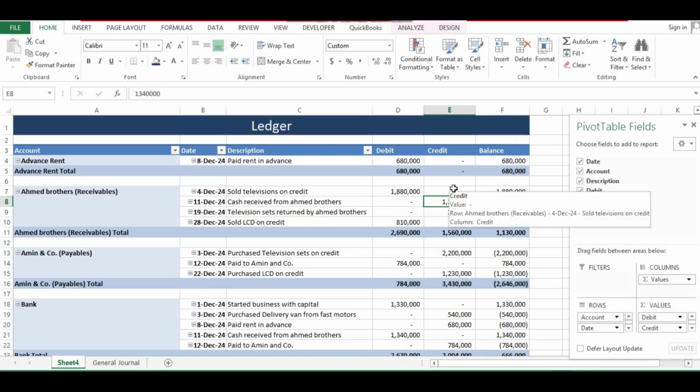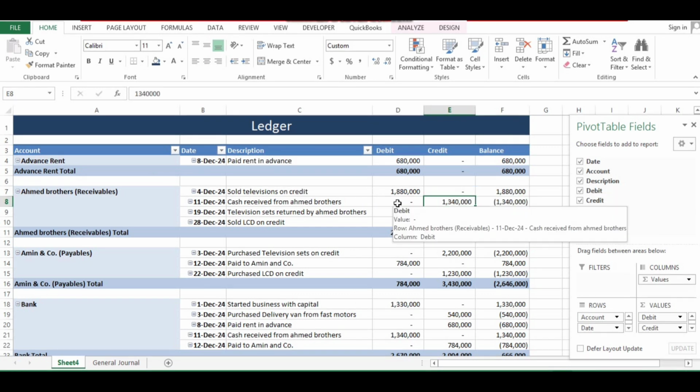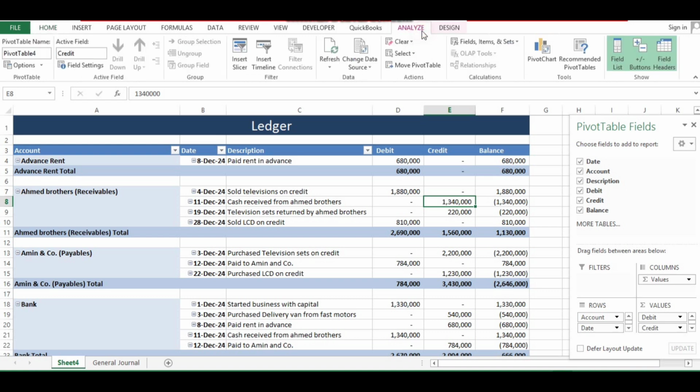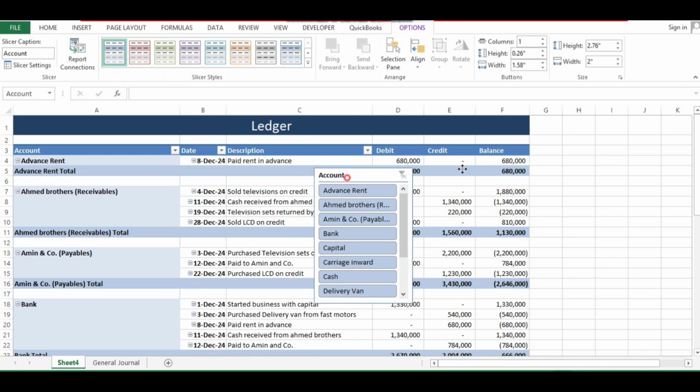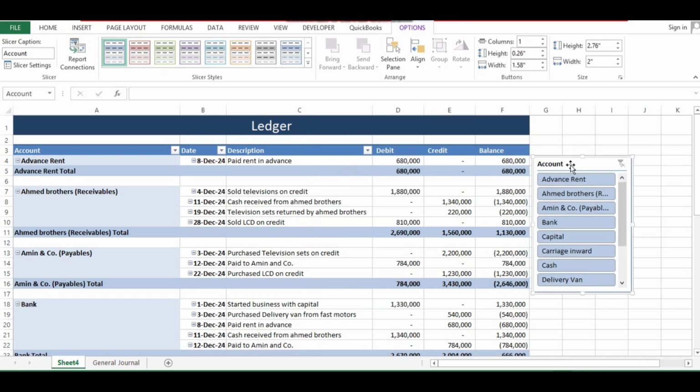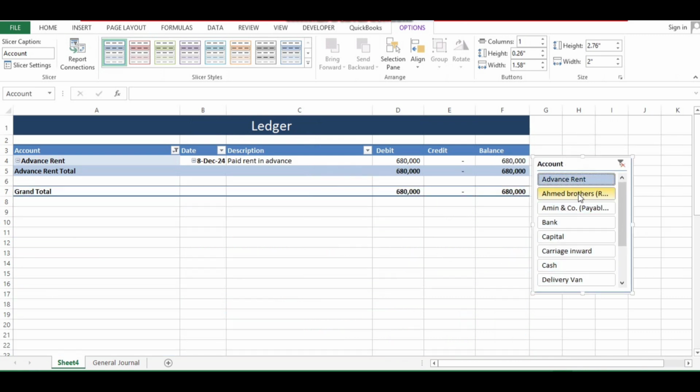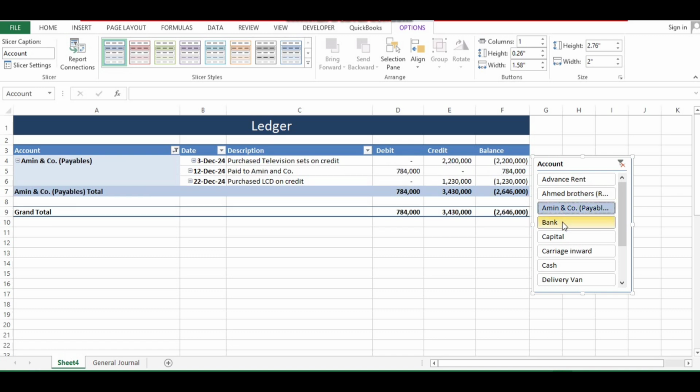Okay, so in real life you will have hundreds of accounts, ledger accounts. So to solve that problem, Excel provides an option. Go to analyze, insert slicer, and we need a slicer for our accounts. So check this box, account, and press OK. Here we have our slicer for all our accounts: Advance Rent, Ahmed Brothers, Amin and Co,